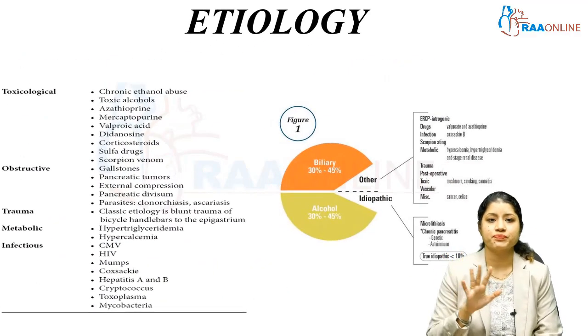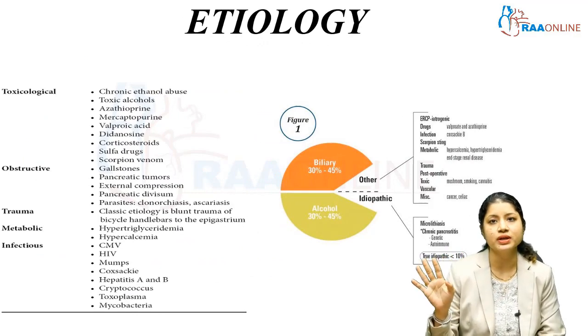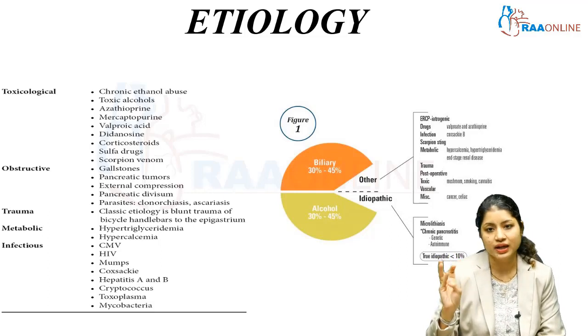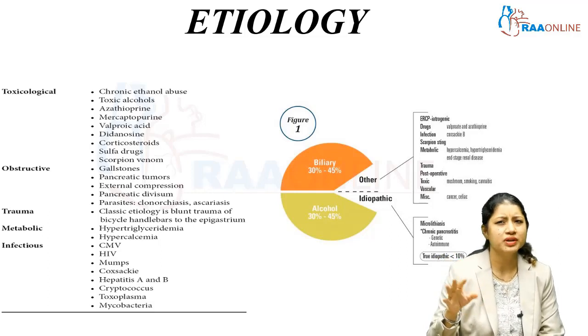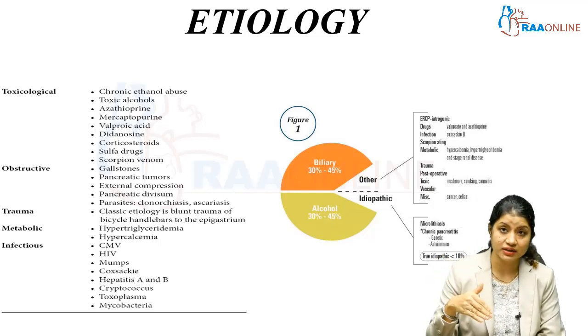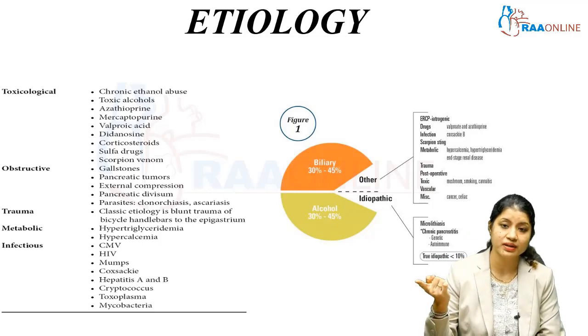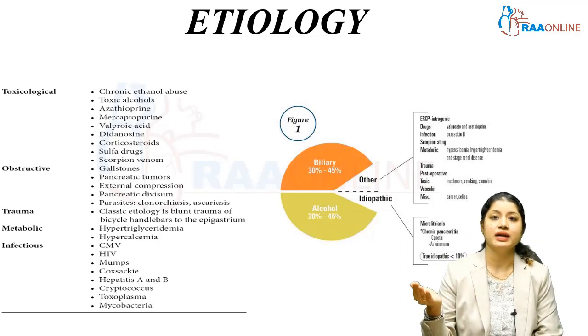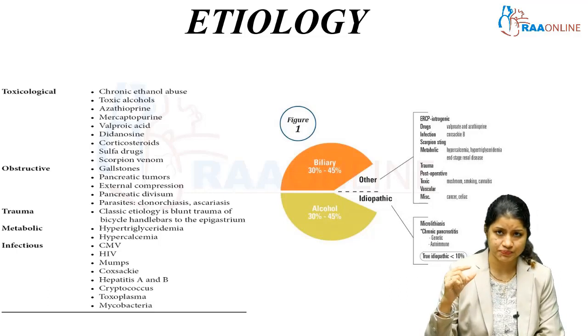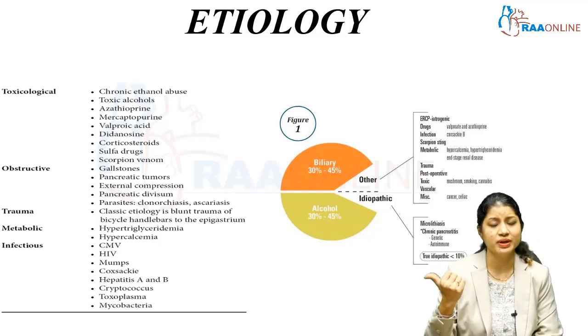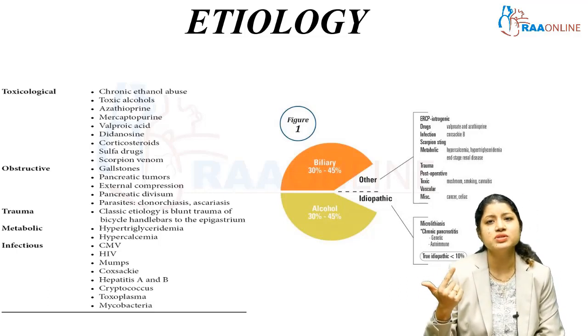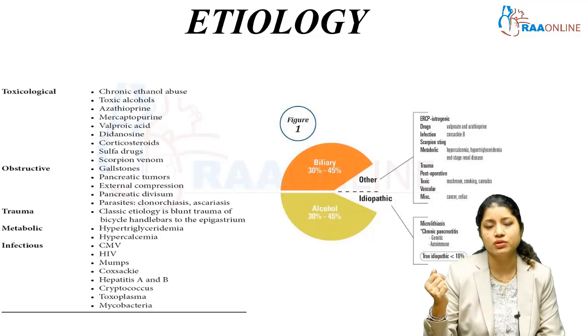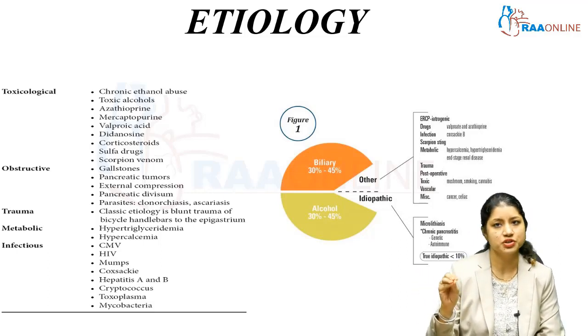So etiology. You must all be very clearly knowing the 2 main important etiologies, gallstone pancreatitis and alcoholic pancreatitis. Both of them are more or less equal. Some believe that in the west it is more of alcoholic pancreatitis followed by gallstone, and in the east it is more of gallstone pancreatitis followed by alcohol. But almost 30 to 40% of the times we do not have an etiology and we term it idiopathic